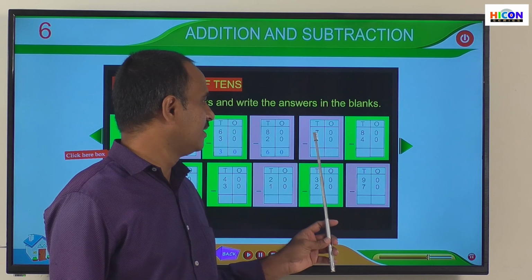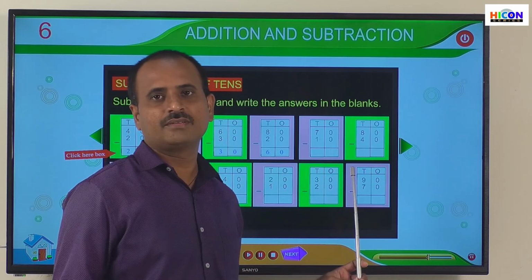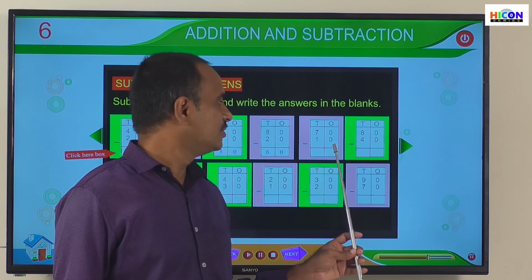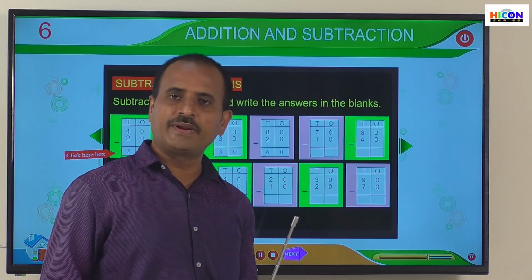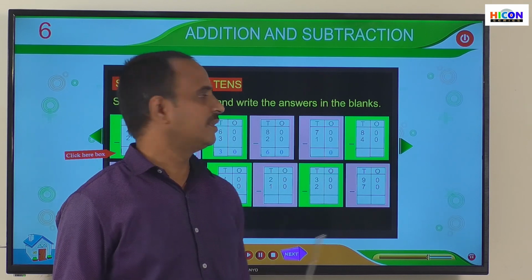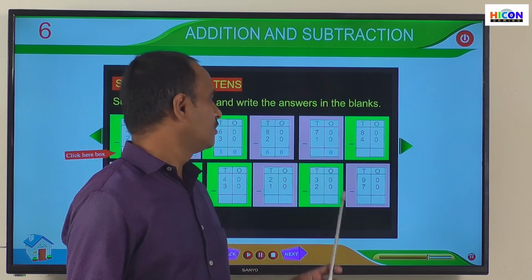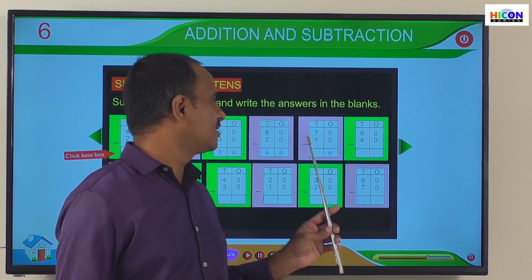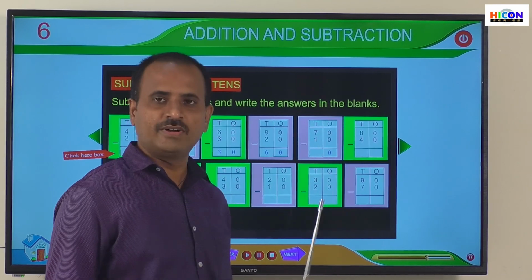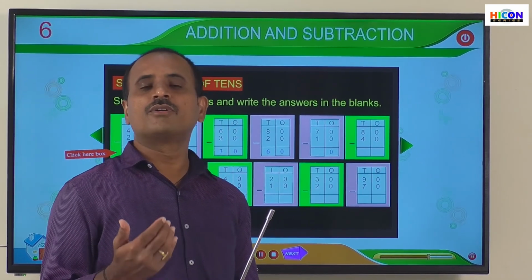So that is 70 minus 10. So start subtraction from the ones place first. What are the digits in the ones place? 0 and 0. So if we subtract 0 from 0, again we will get 0. So write 0 under ones place. So next we go to tens place. So subtract the digits present in the tens place. That is 7 minus 1. So 7 minus 1 means open 7 fingers and close 1 finger.